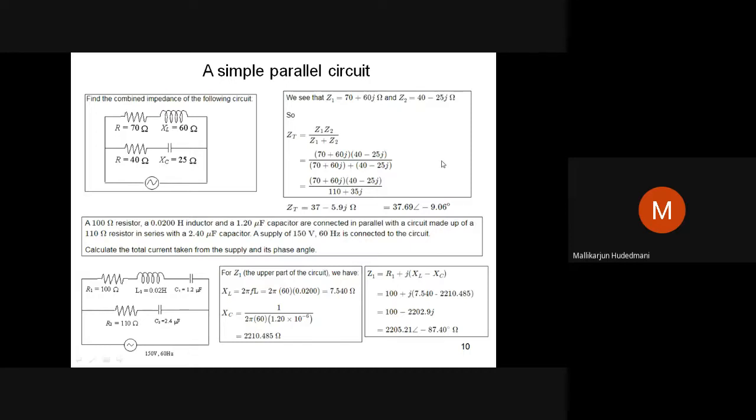You can reduce your computational delay. So use this product in the calculator, and use this sum or difference visually; it is very easy for you, or you can do it in the calculator. Later you take the division: numerator term divided by denominator term. That should give you the grand answer 37 minus 5.9 J, or minus J 5.9. It doesn't matter whether J comes earlier or later; it doesn't make any difference. It is an imaginary term representation.